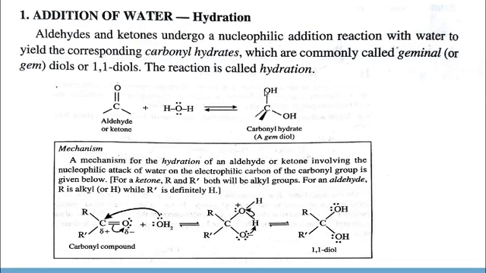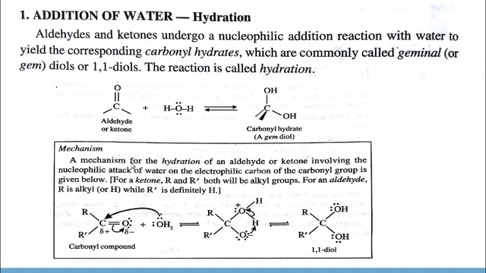If the two functional groups or atoms are attached on adjacent atoms, that is known as vicinal type compounds. If the two functional groups are hydroxyl groups attached on adjacent atoms, those diols are known as vicinal diols. Here we get gem diols, that means two OH groups are attached on the same carbon atom.